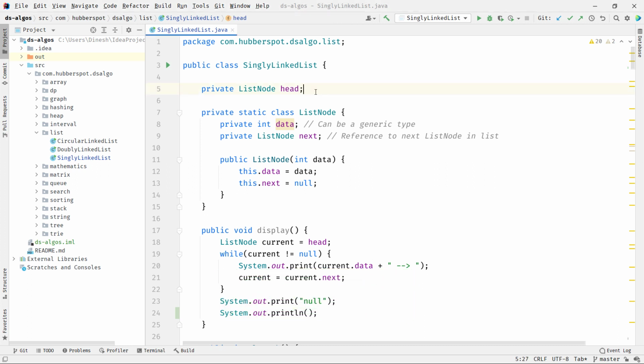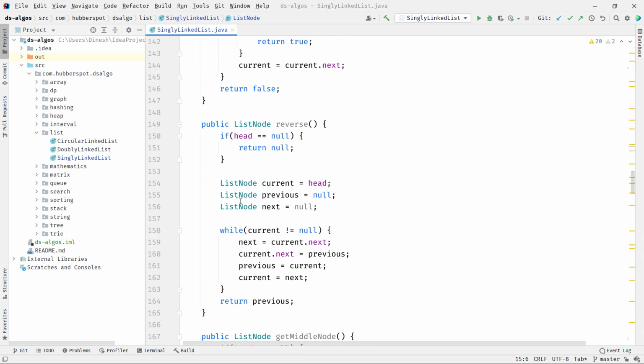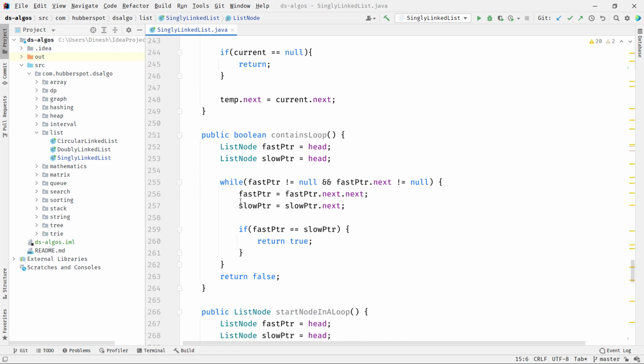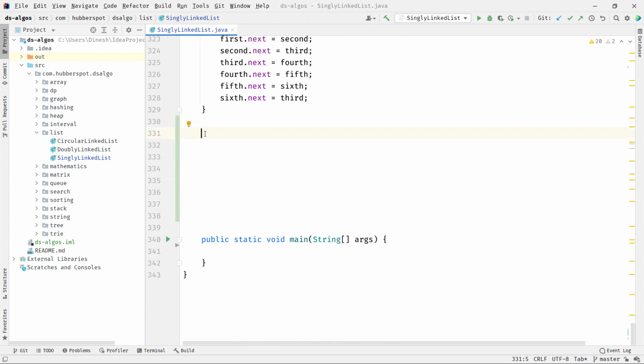In our previous videos, we have created a class called SinglyLinkedList. In the same class, we will code the algorithm. Let's give the method the name public merge.